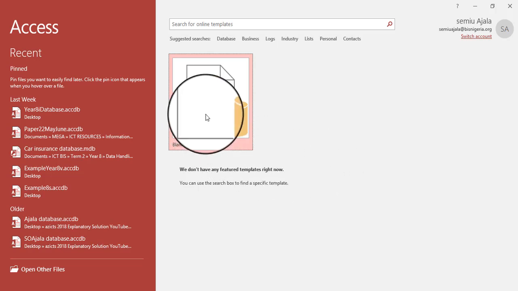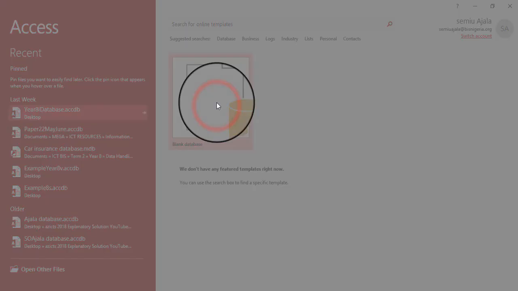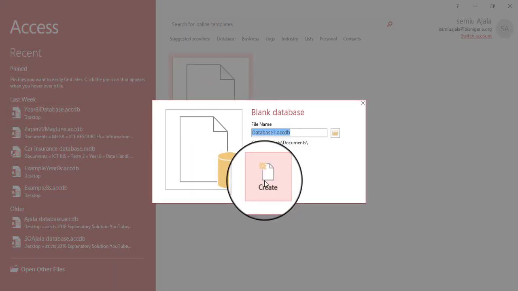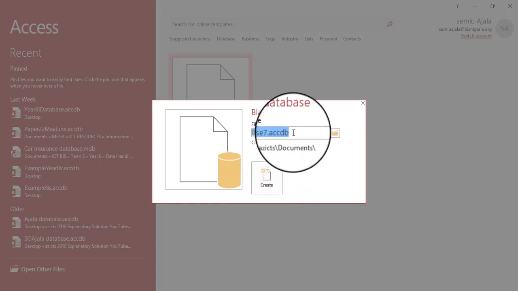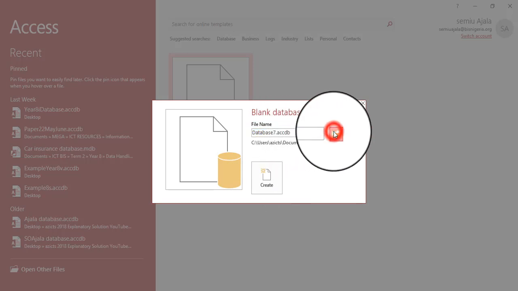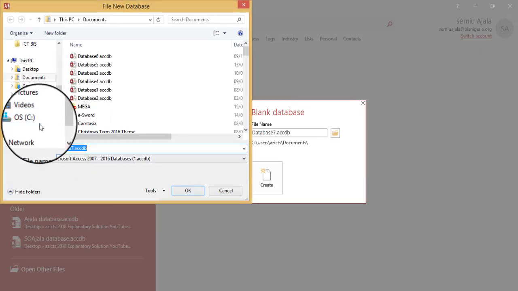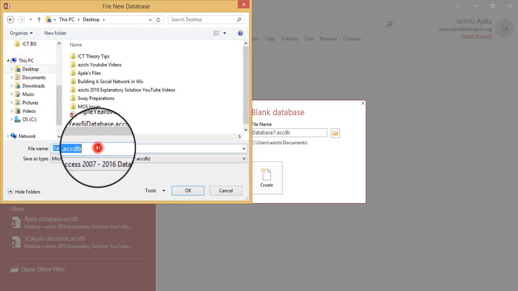Okay, so you open Microsoft Access and then you click on the blank database. So I have this. Then the next step is to click on create. But before you create, ensure you consciously save your database. So I can go to the folder that I want to use to save it. So I click on the folder. Then I browse to where I want to save it. Let's say on desktop. Then I call it